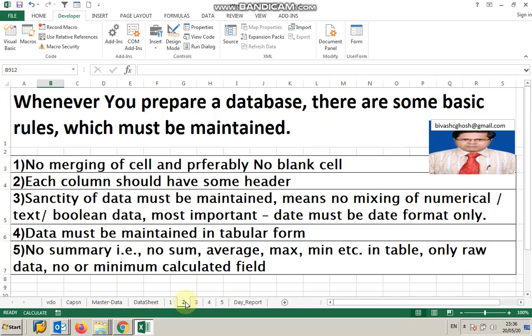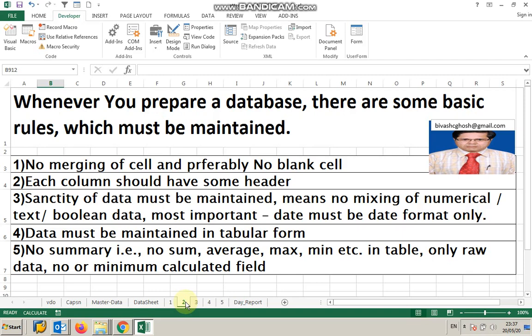No summary fields, no average, count, max, mean, nothing. Only raw data will be kept, and we will try to keep formula fields to a minimum, because they will unnecessarily load the Excel sheet and make it slower.